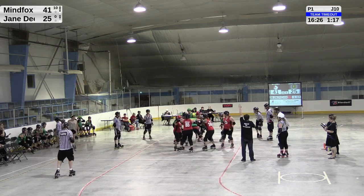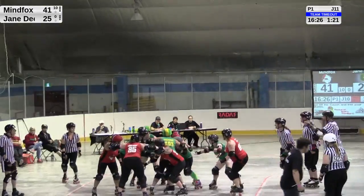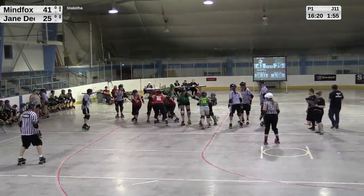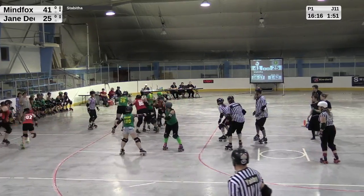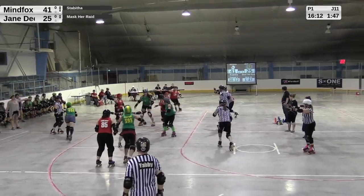So Stabitha taking on Masquerade on our Destination Derby jam line. All the pack lined up quite close to the jam line. Both jammers using some forward movement. Slamazon getting Stabitha out on the outside line, causing